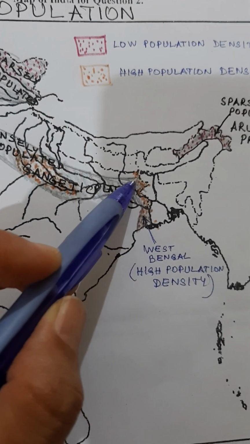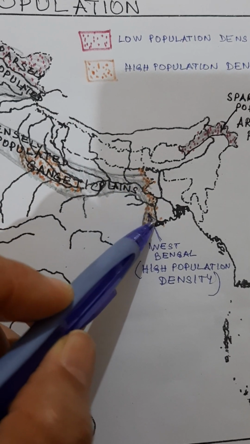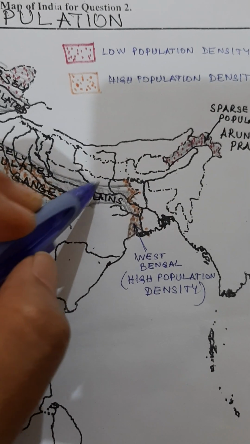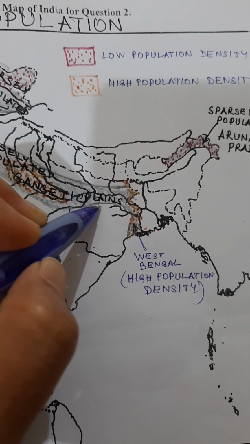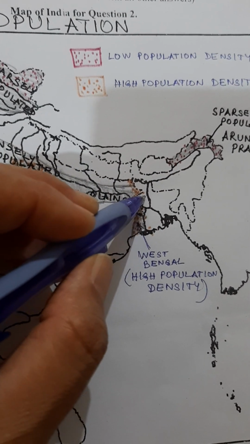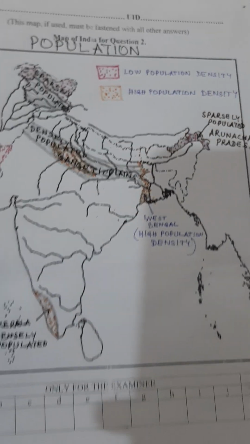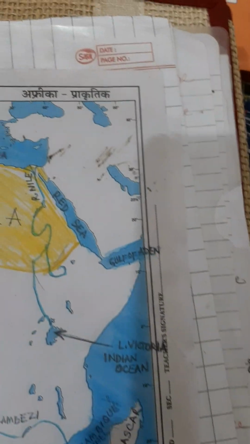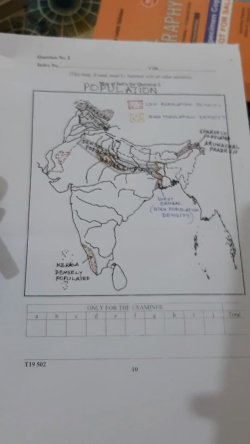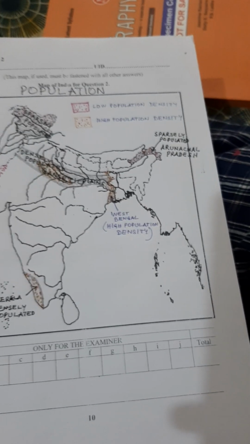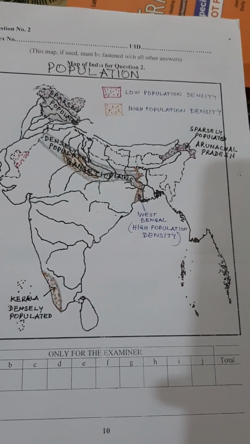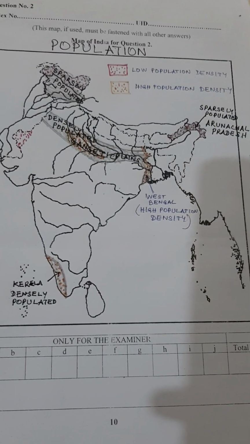Okay, then the state of West Bengal. This area is also very, very densely populated. And then you can even show the state of Bihar, which I have not marked here. But from the political map, you can easily mark the state of Bihar. Even that is a densely populated area or a high density populated area. So that is about all the maps that we have to do. I think there was one more map that was related to cities, important cities. I think that we haven't done.